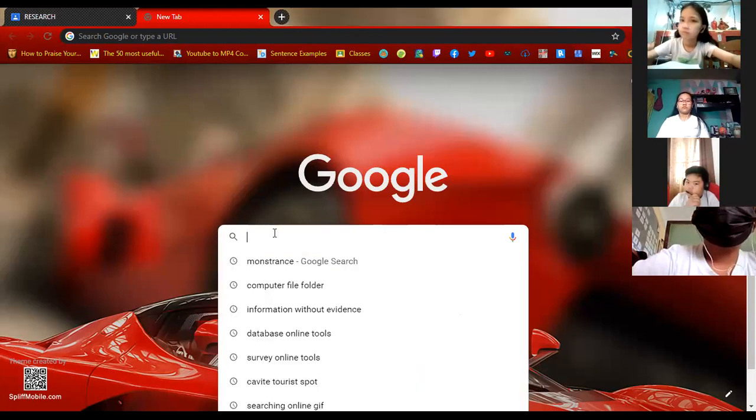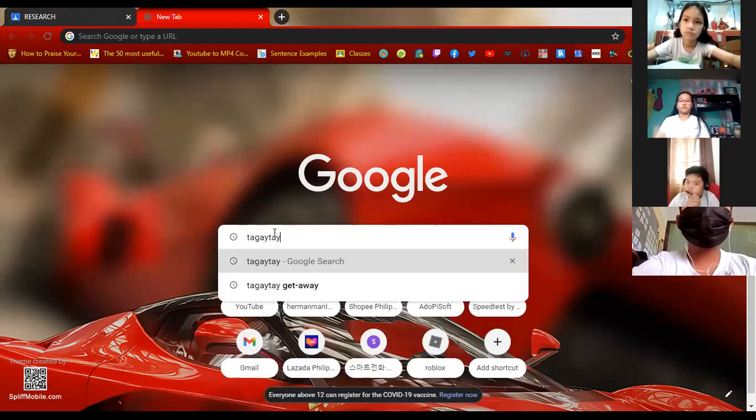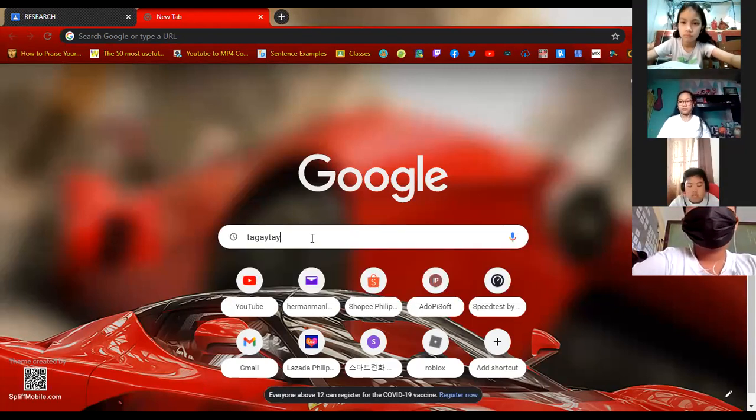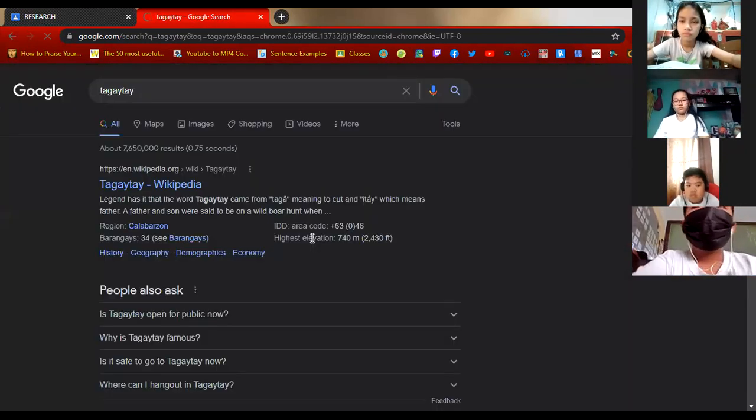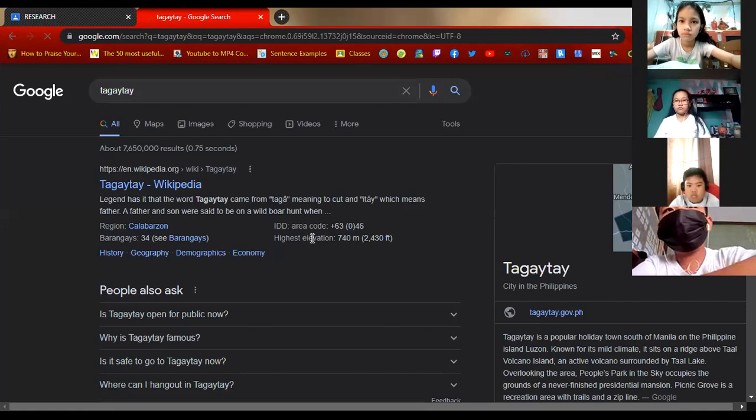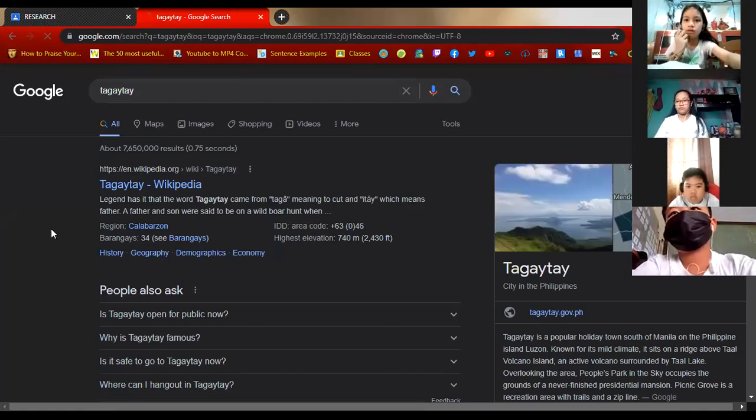Okay, let's say Tagaytay. Tagaytay as search natin. So nakita nyo, right in the middle is the search bar of Google Chrome. So I type Tagaytay and then I'm going to press enter. Okay, nakikita nyo ba?